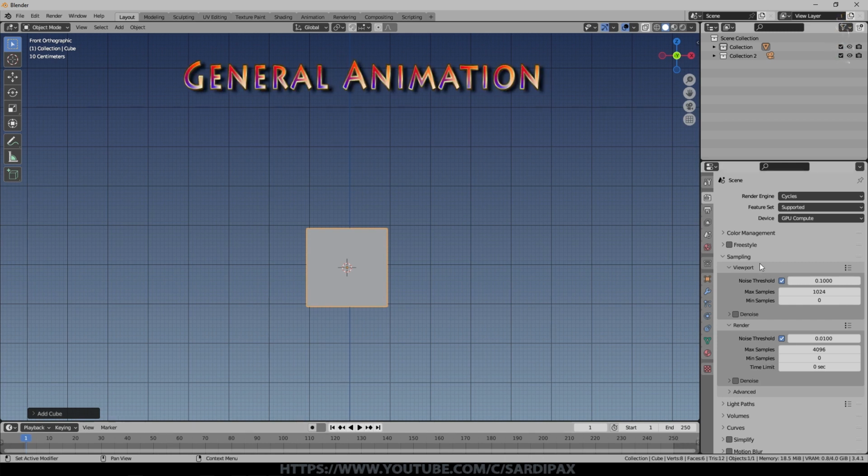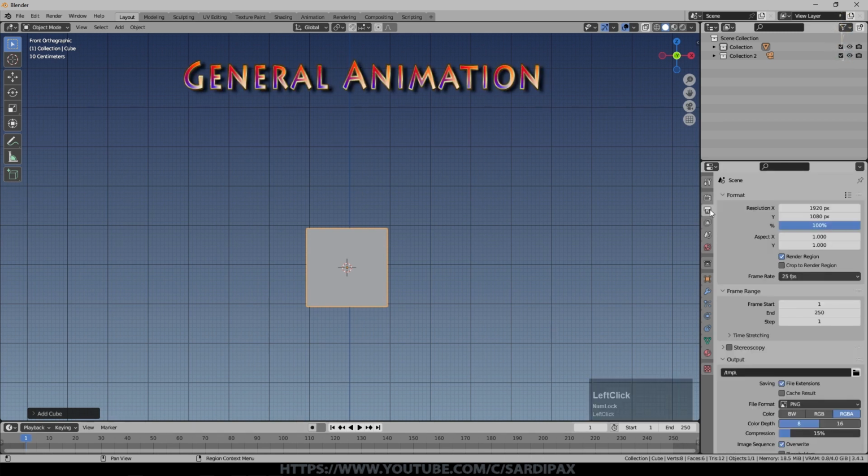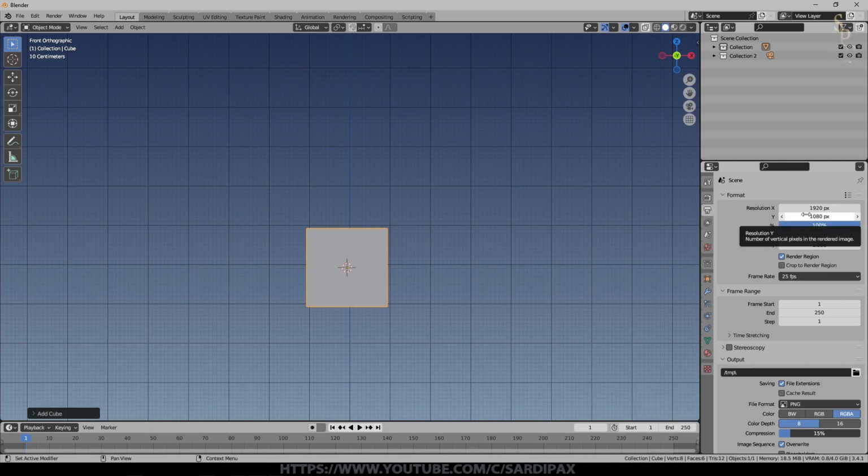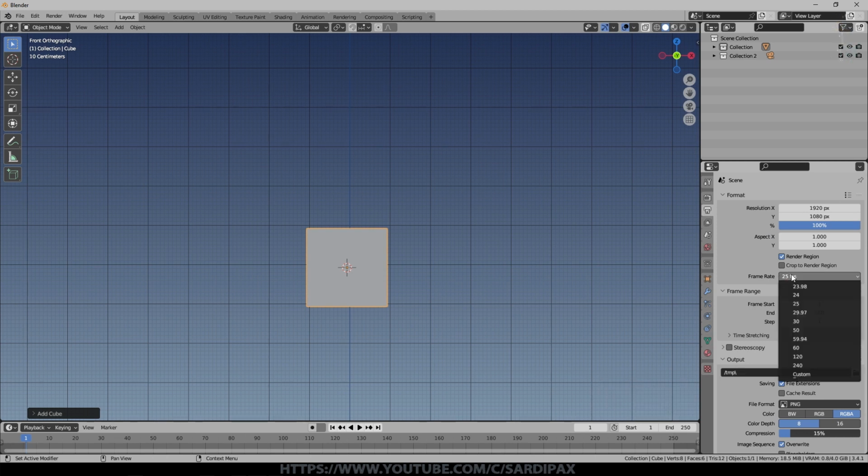So a little bit about animation. First of all, if I go to my scene settings, we've got the size in pixels of our render here. We can increase that percentage wise or decrease it for that matter, and we've got a frame rate. You've got a number of frame rates to choose from. For general purposes of animation, I would recommend 25 frames a second. That makes it easy then to composite with other things.